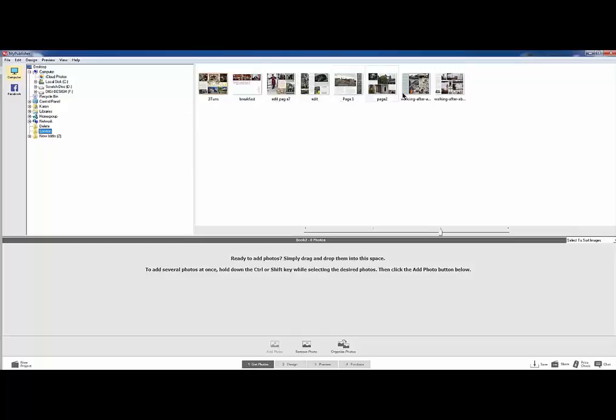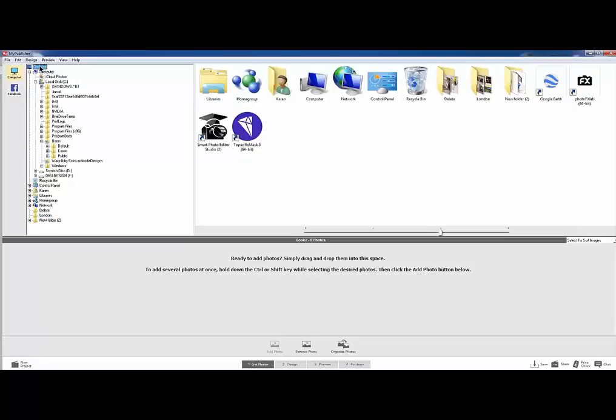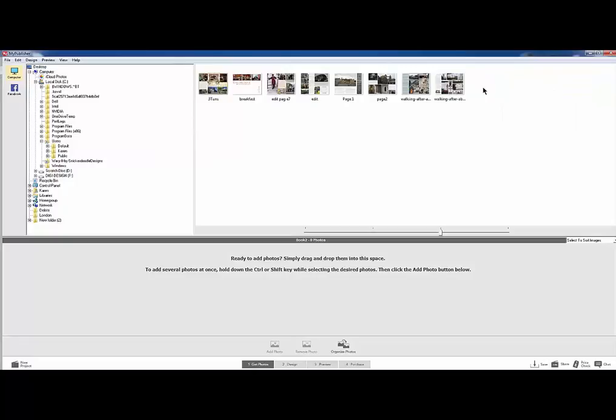I have placed these photos that I'm going to demonstrate with on my desktop, and so they're already in the file. But otherwise, you would just navigate through your folder structure to your photos how you normally would. So let's go ahead back up to my desktop. They were in this London folder, and I click on that to open it, and these are all ready to